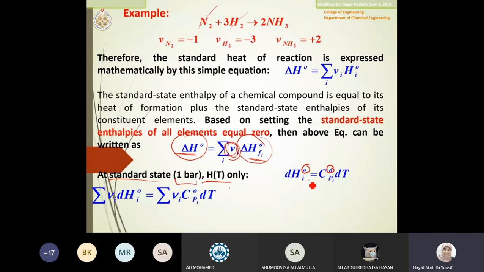Then, what if I applied this on the reaction? If I want to find the summation as a delta, then it's going to be delta, a summation of stoichiometric number times dH. In other words, I want to apply this on each of them, then find the overall delta H of the process. If I did this on the left side, I should do the same on the right side. And that is simply the stoichiometric number, which is going to be the same on both sides. In other words, the equation will still be valid.